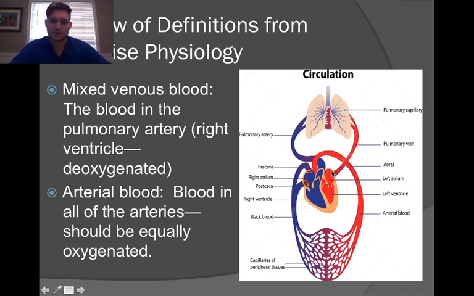And so once that blood is then transported back to the left side of the heart through the left atrium and then the left ventricle, that is oxygenated blood or arterial blood, the blood in all of the arteries. And since this is sort of getting mixed together here on its way back from the lungs to the pulmonary vein, you're going to have that equal distribution of oxygen when it makes its way back into the left side of the heart. And then the left ventricle is responsible for generating that pressure to eject blood out into the aorta and then into the arteries and arterioles of the circulation in order to supply that oxygen, those nutrients necessary